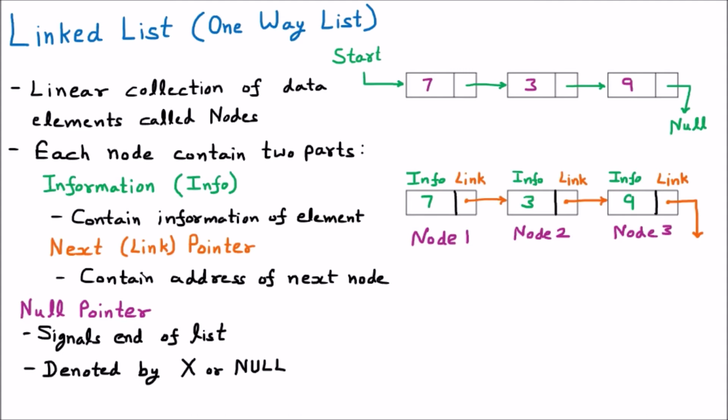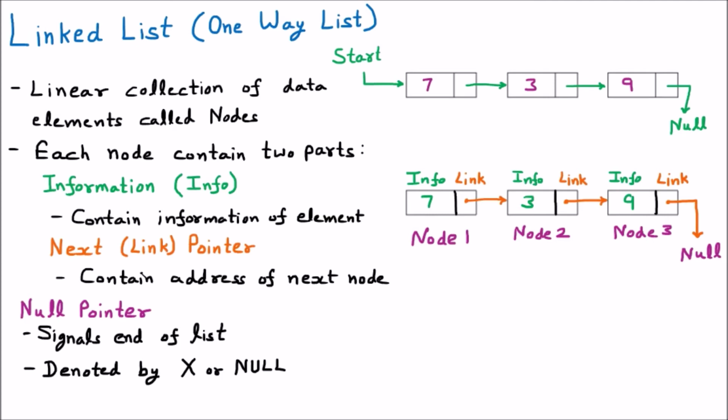That means we can represent it with the help of this cross and null. Here you can write NULL. Null means it is not going anywhere. So this one is null. Whenever the last node is pointing to null, it means it is the end of the list. We are not going anywhere. This is called the null pointer, which signifies the list is now over. It is complete. So it is denoted by X or null.